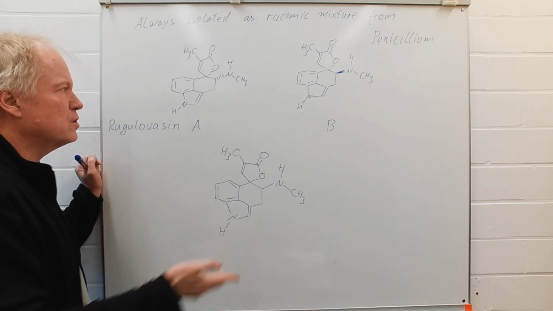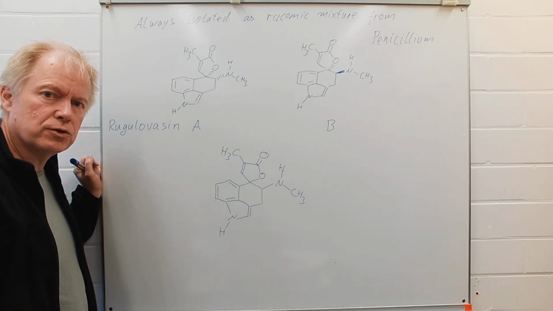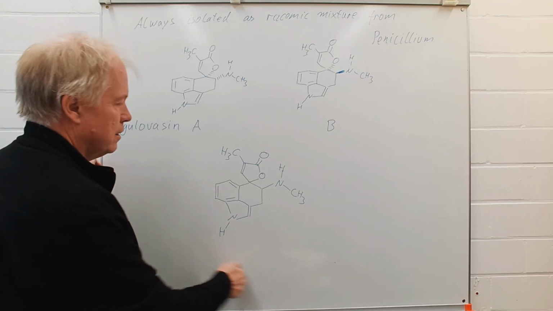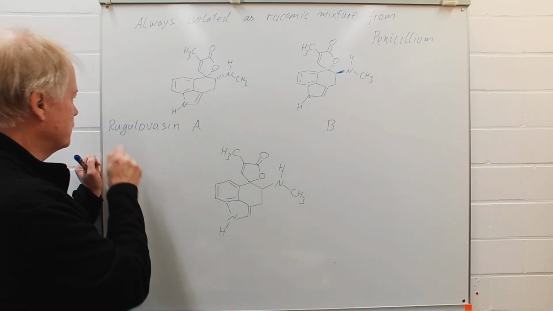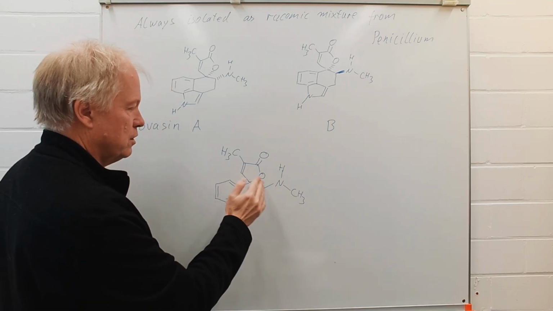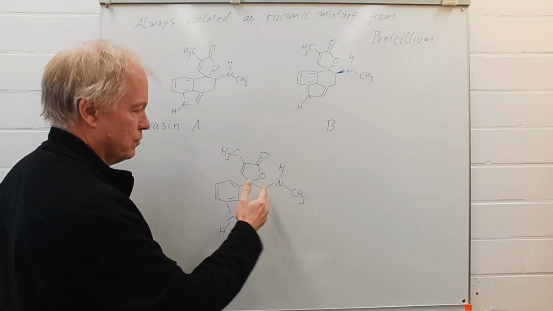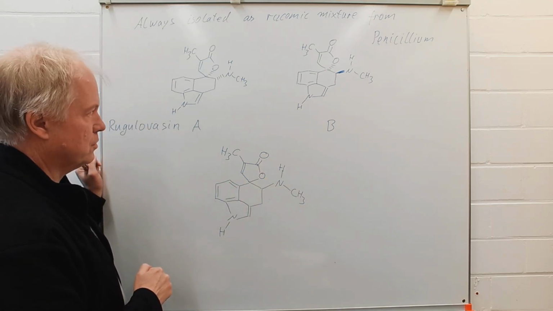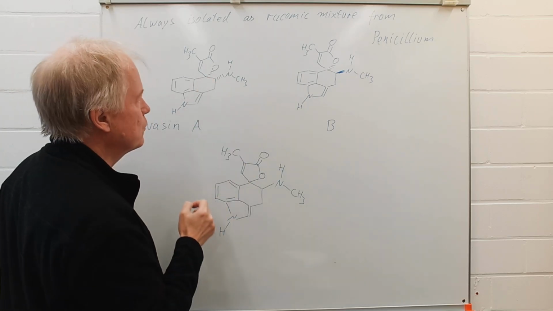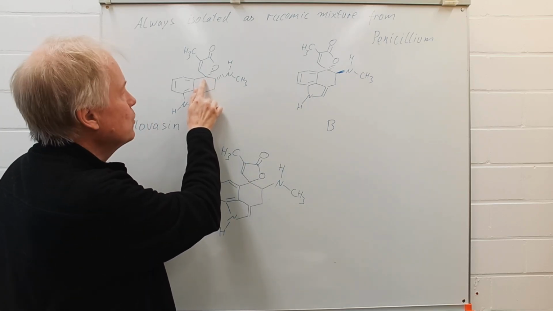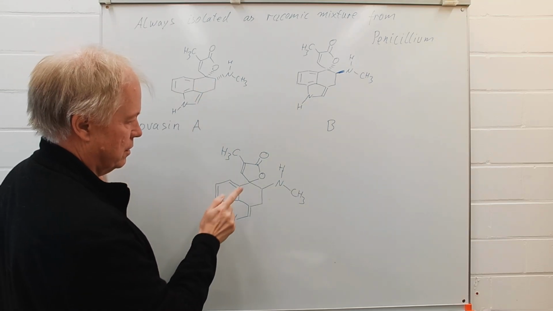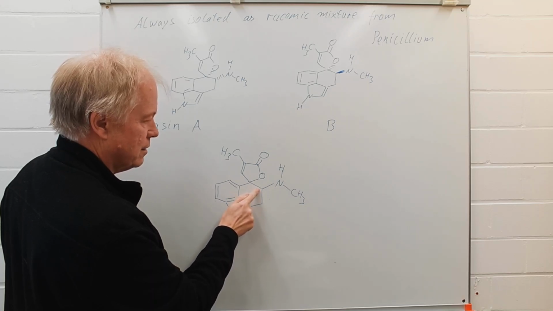Please try to figure out how this could happen, first by yourself, then listen to the solution that I will offer. Well, here I have drawn the structure of rugulobenzene once again, but without the absolute configuration of the stereogenic centers. Clearly, to lose stereo information, it has to happen at this bond. So let's think about what will happen if we break this bond